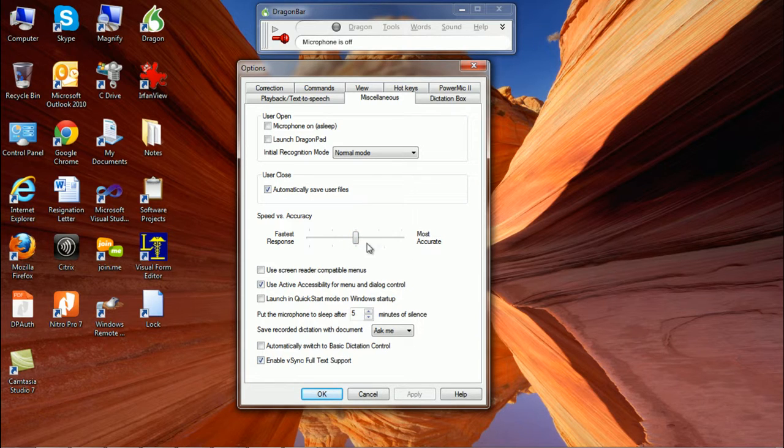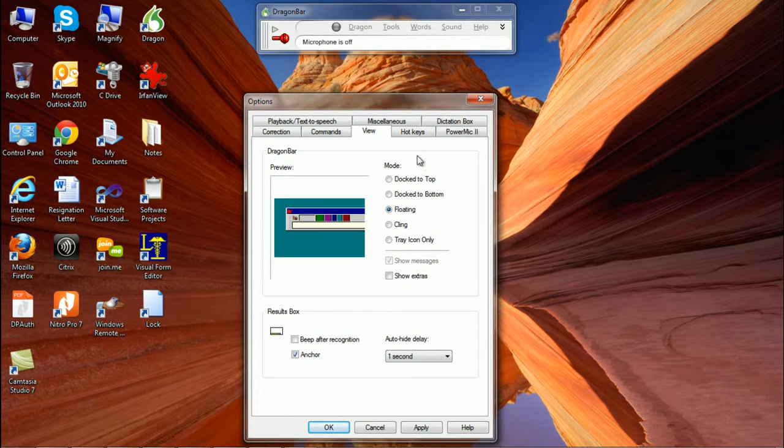The fastest response versus most accurate, right in the middle, it's not really gonna make or break Dragon either. It's just if they have a slower system, or they have a great system but their accuracy is kind of bad, this is just a happy medium that I have set up here. So depending on the system or their accuracy, you can adjust it a little bit. Even if you go all the way on one, it's not going to make or break Dragon. So